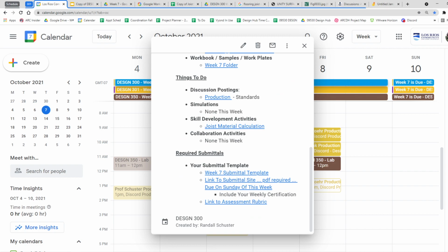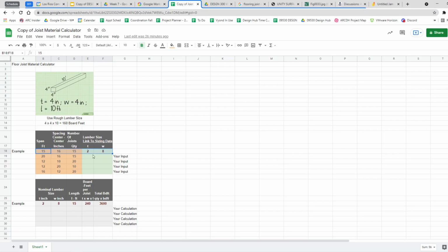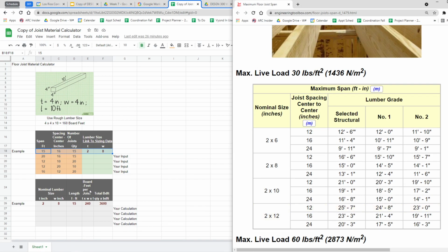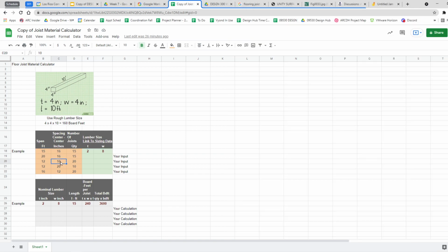Also, Aiden, yes, go ahead. Yeah, I had a question on the calculations. Okay. Do you want to share your screen or do you want to talk me through it here? I'll just talk you through it. Okay. I noticed on the inches, one of them shows 10, and that's not an option on the chart. Right. What would we do there? Anything over 10 would be acceptable. So this is sort of like the